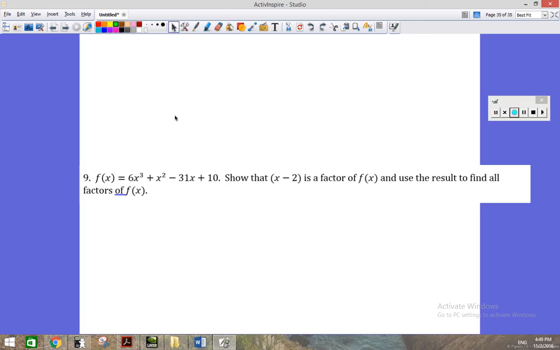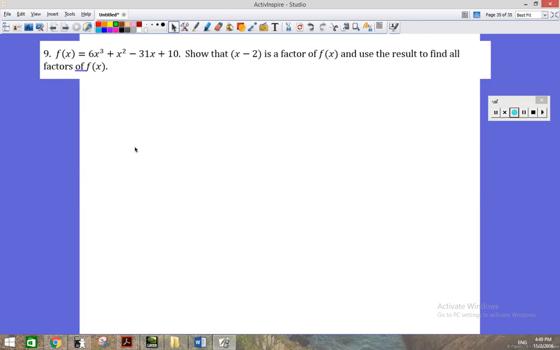All right, number 9. So 3, 2, 1, 0. This is in standard form. They're giving me one of the factors and they want me to show that that is a factor. They're not saying to blindly believe them. So